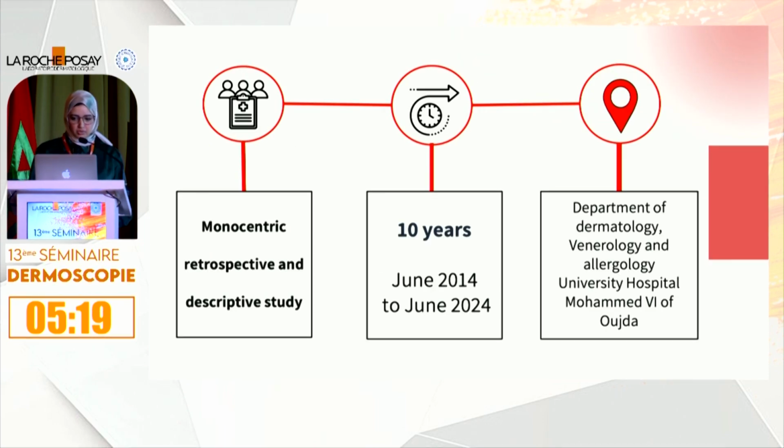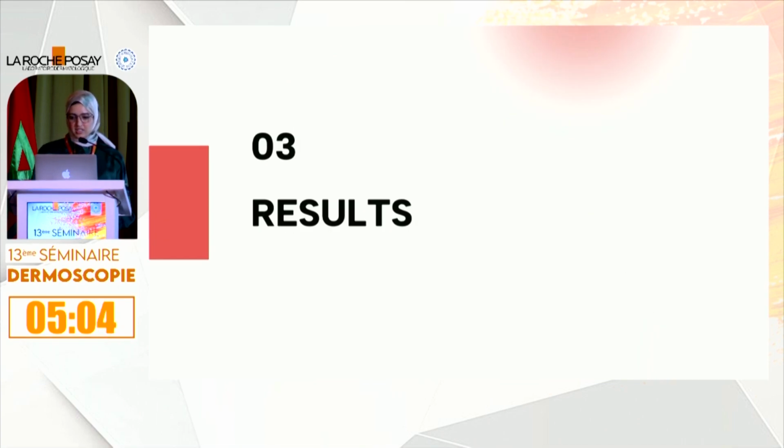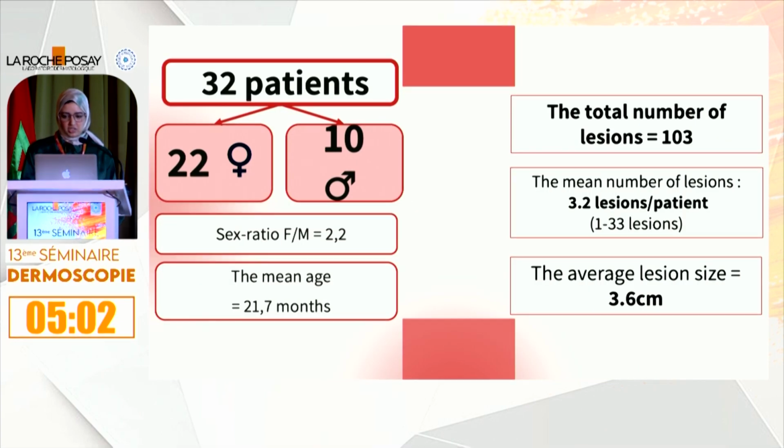We conducted a retrospective and descriptive study over a period of 10 years taking place in our dermatology department. We included all patients under 18 years with a diagnosis of infantile hemangioma who underwent a dermoscopic examination. Moving to results, we collected 32 patients divided into 22 girls and 10 boys. The mean age of patients was 21 months and the total number of lesions was 103 with an average size